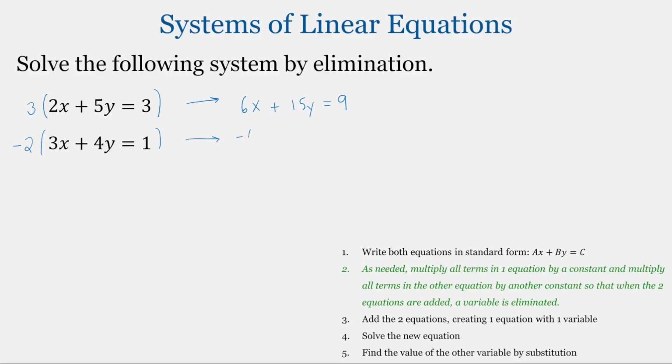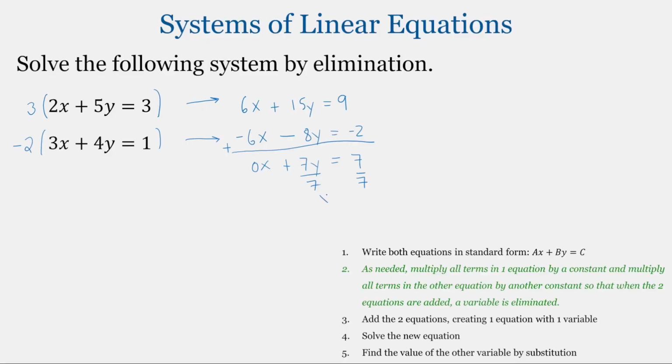This results in negative 6x minus 8y equal to negative 2. And then when we add these two equations together, 6x plus a negative 6x is 0x. 15y minus 8y is 7y equal to 7. And then solving for y,